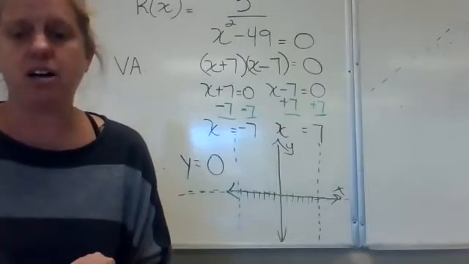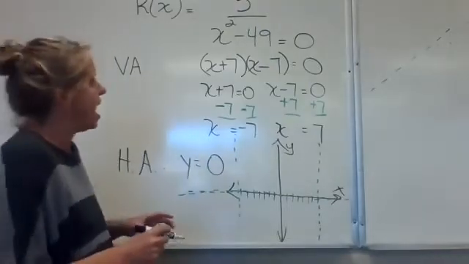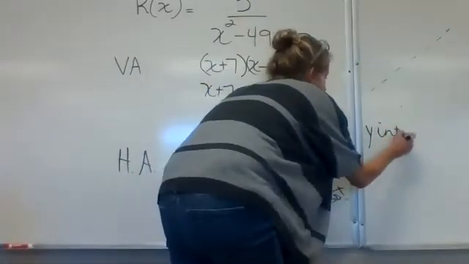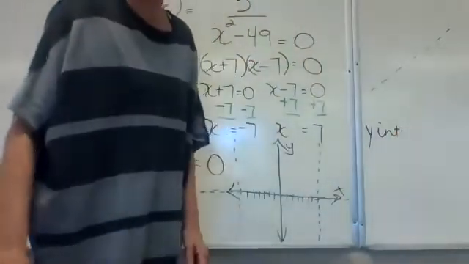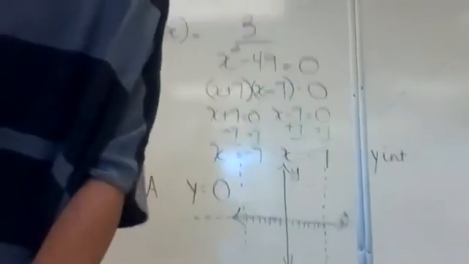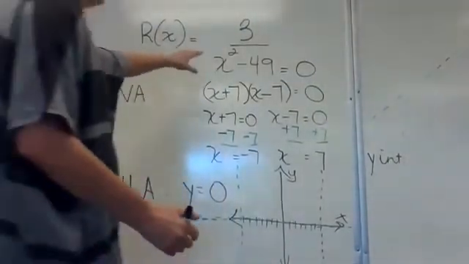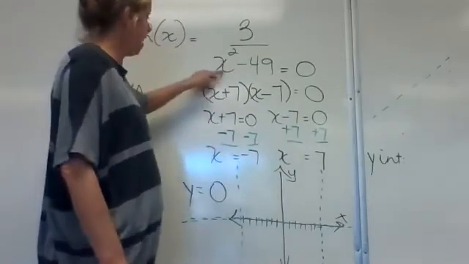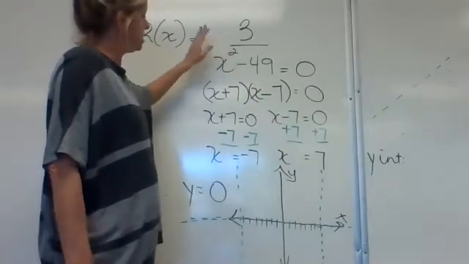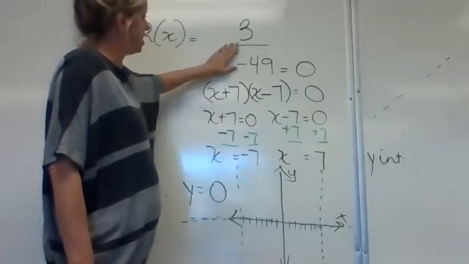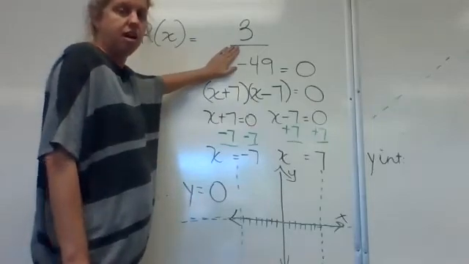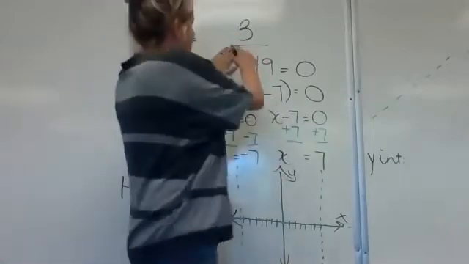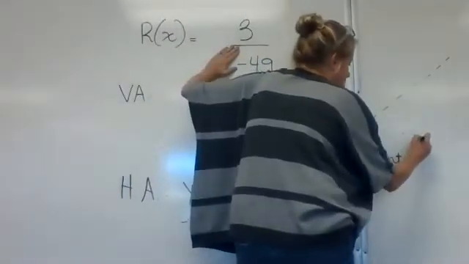So I need to know something else, and this is what we're going to get into next anyway. I would try to find the y-intercept, where it crosses the y-axis. Remember, you can do that by looking at your original function and plugging in zeros for the x. When you put a 0 in an x, it just knocks out its term. Your y-intercept is what is left. So I have 3 over negative 49, or in other words, negative